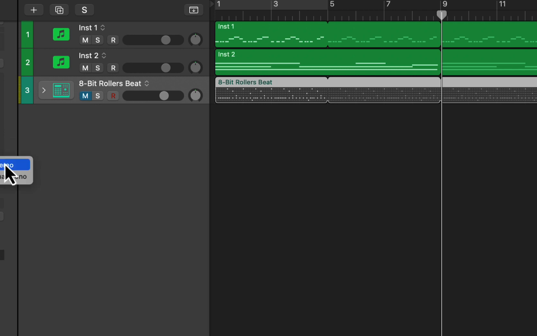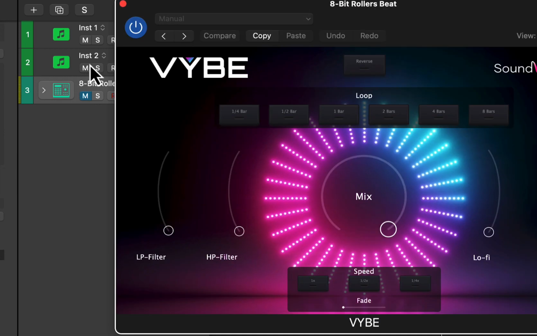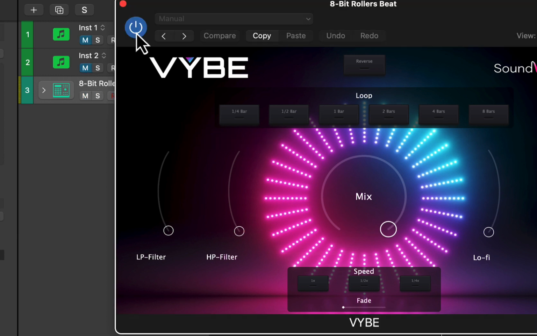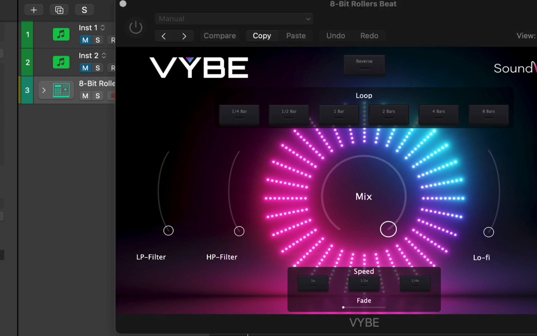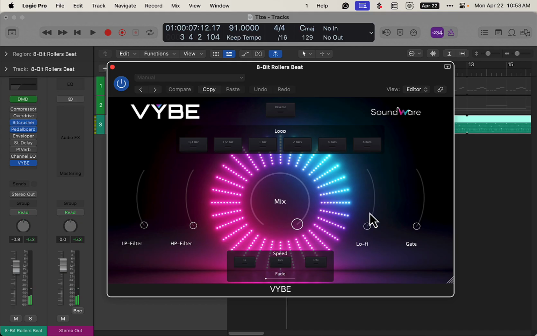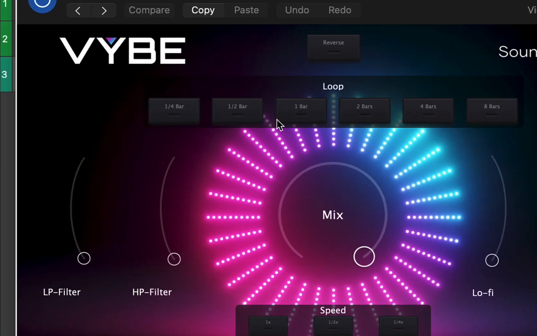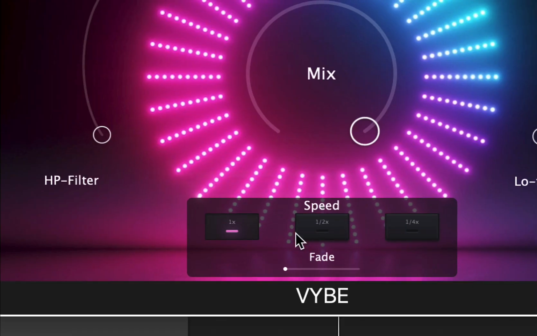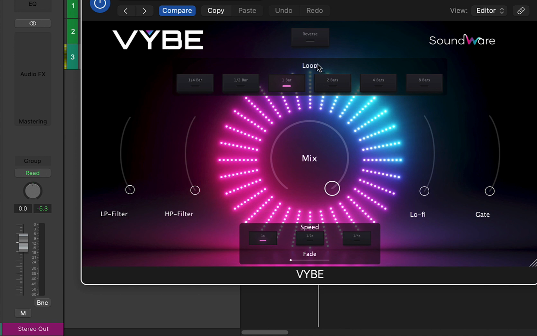This is called Vibes. And we got, do it on this drum beat here. Without. Already pretty crazy. But we got a lo-fi switch here. We got a gate. We got a mix knob. High pass, low pass filter, different settings for the loop, how many, let's do 1 bar here. And then we have a speed, we could just do half speed, fourth speed, do fades, reverse. So for example,